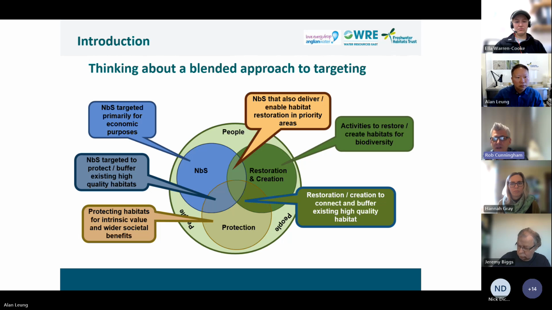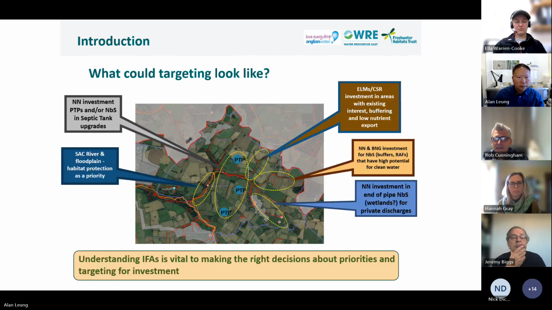And Alan, if you want to go to the next slide. So this was me thinking through what might that look like in practice, and this was just a random headwater stream in the Wentham catchment that I had a map for that I could do this. And if you look closely, you'll see a yellow line, and that's the Water Framework Directive water body. The red line is actually all of the stream network that's on the OS 1 to 50,000 scale map.